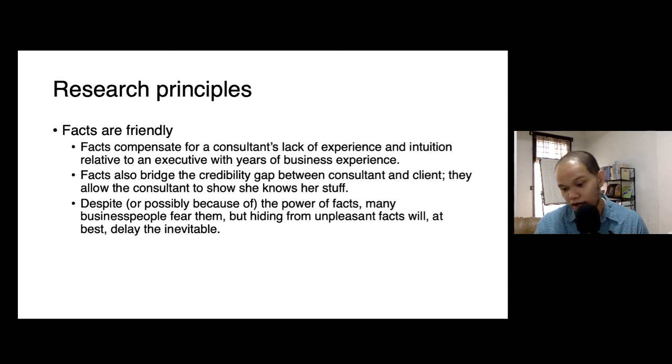And one piece of life advice I would give is that you probably don't want to keep on hiding things for long, with the purpose of avoiding knowing what they are. It's better to know now so that you know what you can do about it. Okay, that's the same thing also with consulting, and that's the reason why you're there. You're supposed to help them know these things as soon as possible so that they have more time to respond to the facts that you will uncover.